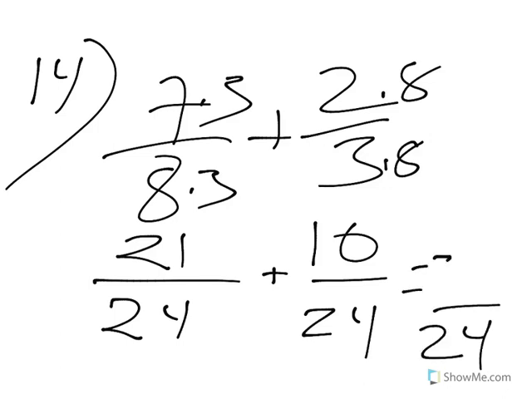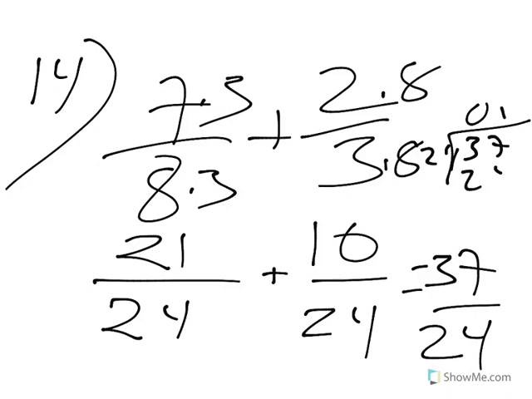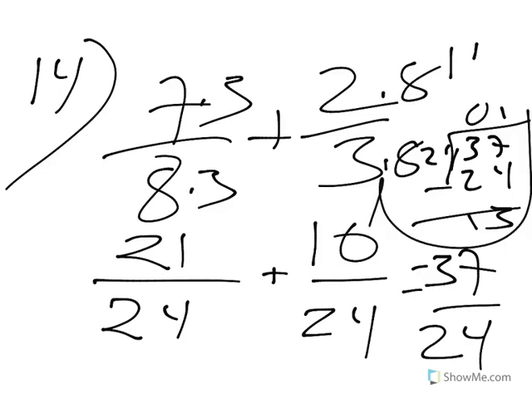So 21 plus 16 is 37. It's an improper fraction, so when I divide it, I get 37. 24 does not go into 3. 24 goes into 37 one time. Subtract, I get 13. So my answer to this problem, I go clockwise, it's 1 and 13